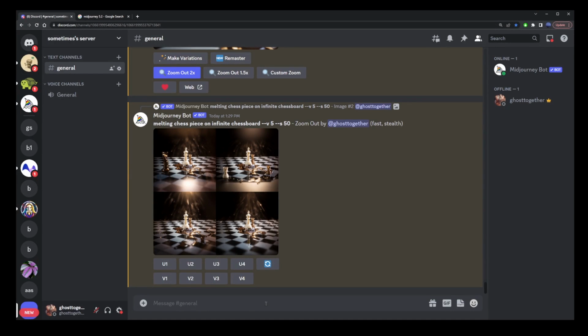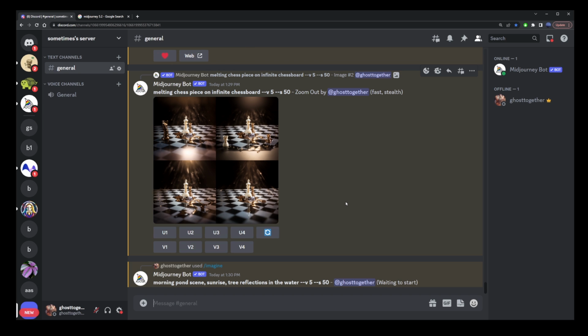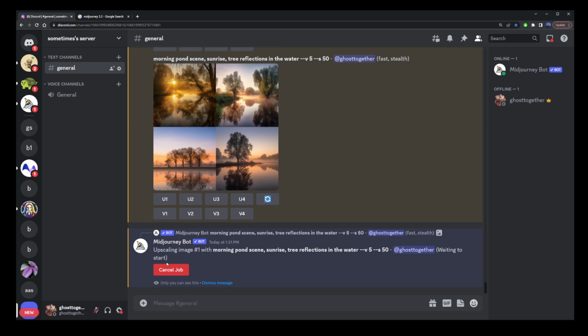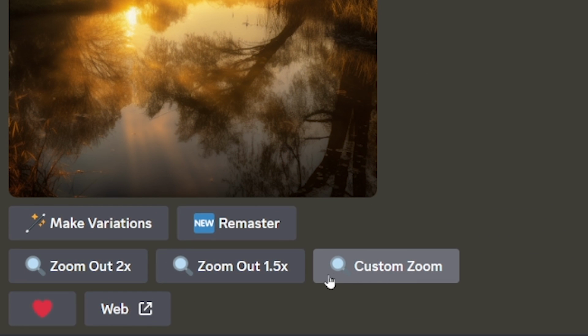In this tutorial, I'm going to show you how to use the new Zoom In feature in Midjourney 5.2. There's nothing new to upgrade or install. Simply type your prompt as usual, then just wait for the image to be generated. Click on the upscale button, and now under the upscaled image, we have 3 new buttons: custom zoom, zoom out